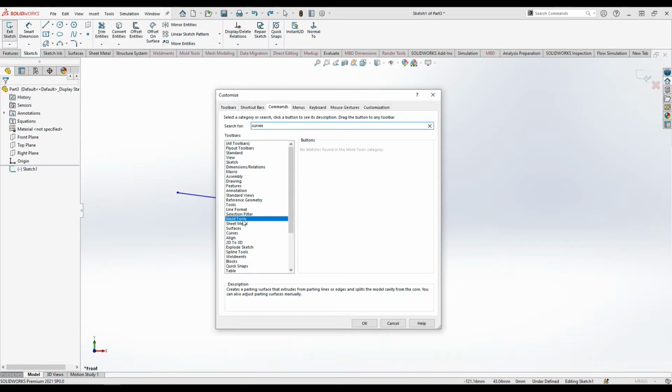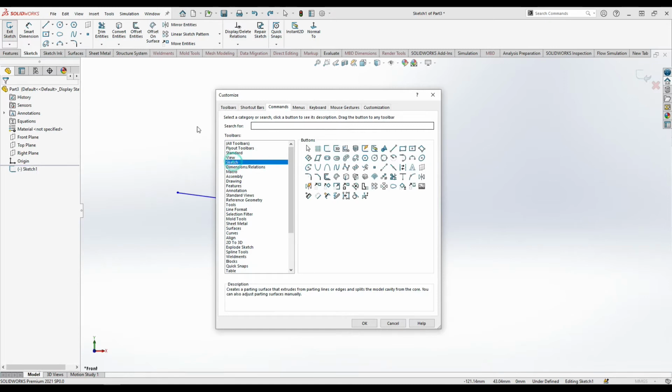This is the curves. So the sketch tab is open. Once you click the sketch, it is better to use all the sketch entities here.